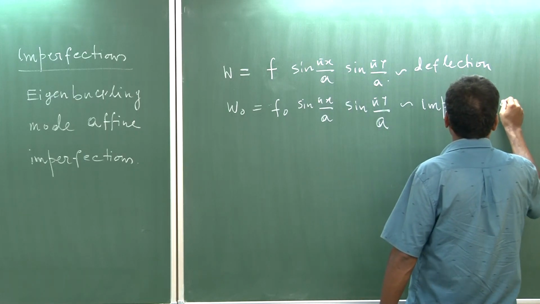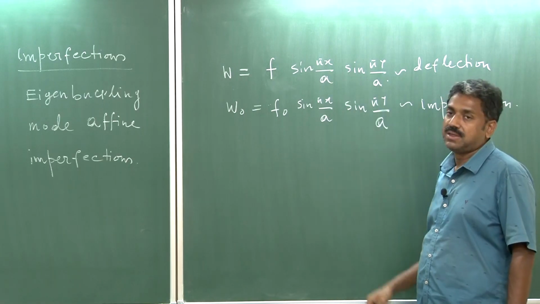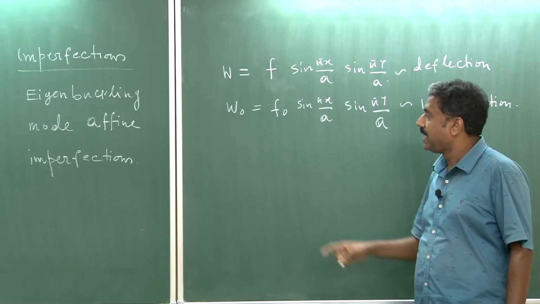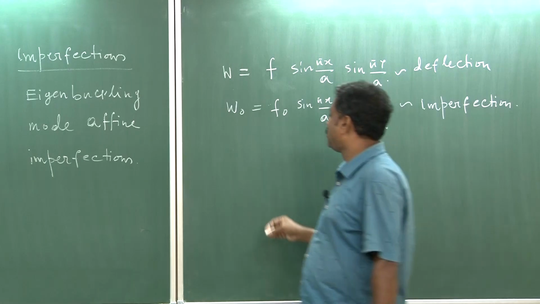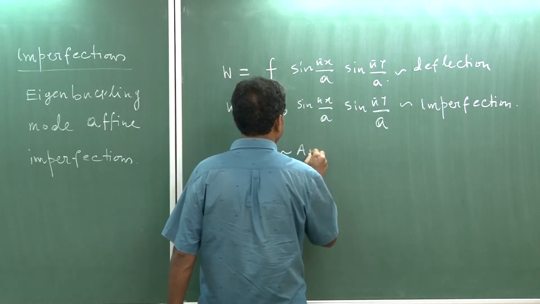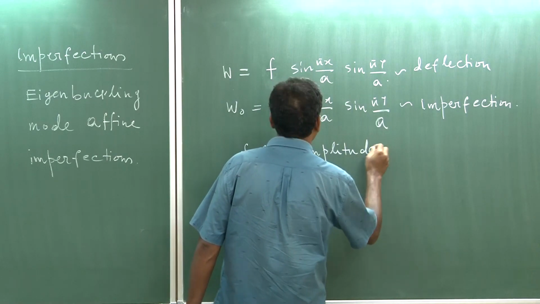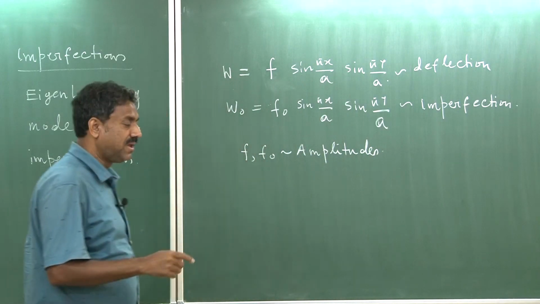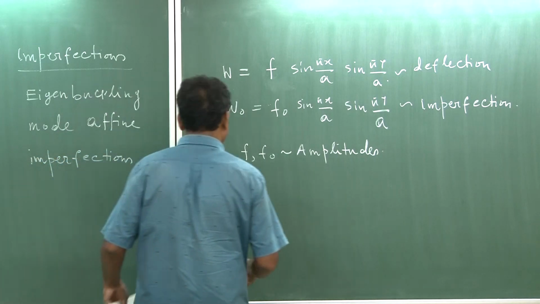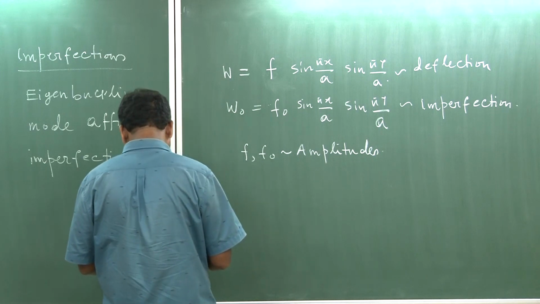Please see why they are self-affine, because this is similar in expression and spatial distribution to that of the deflection. That is why they are, and F and F0 are nothing but the amplitudes of the deflection and imperfections. Okay. So, with these assumptions, let us substitute in the